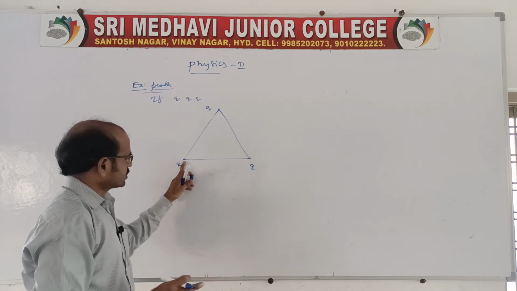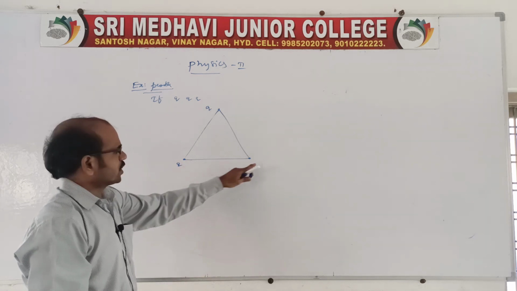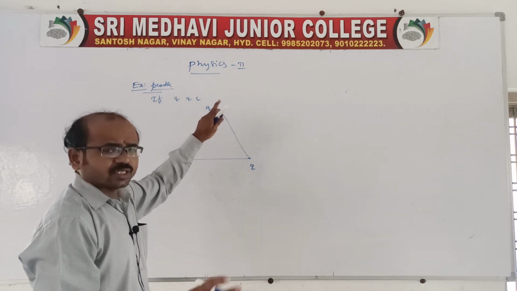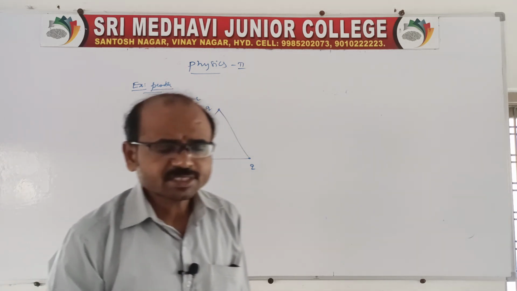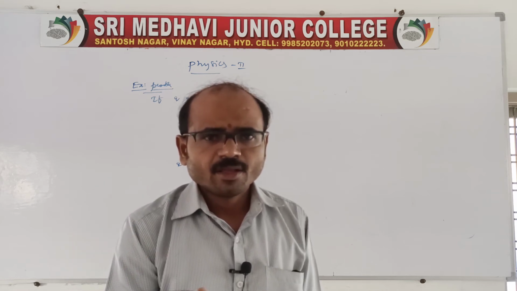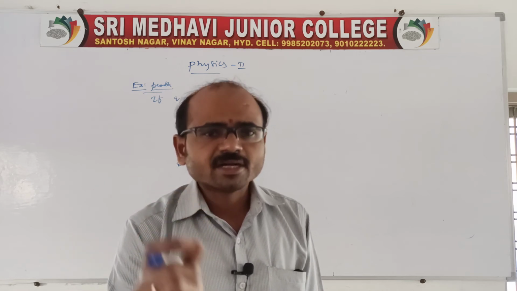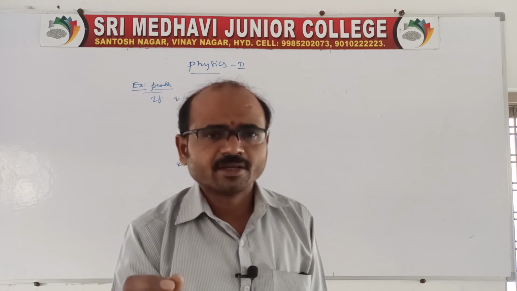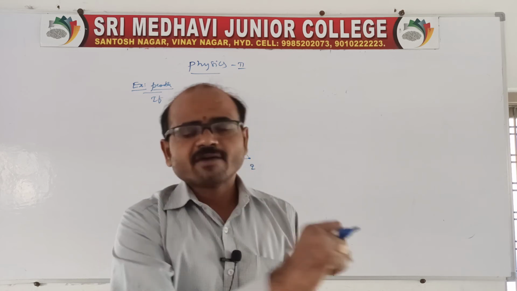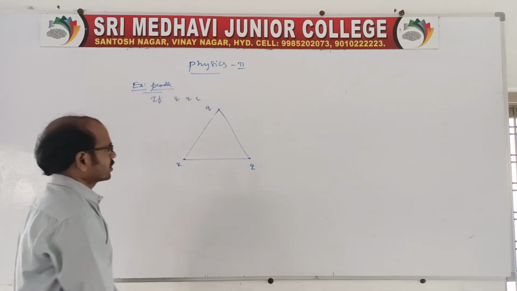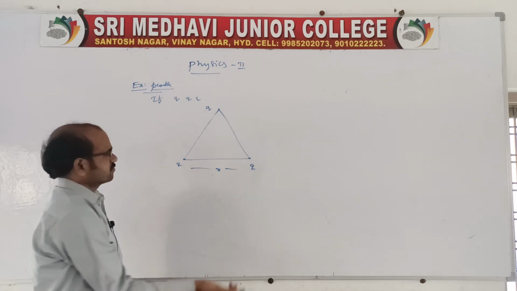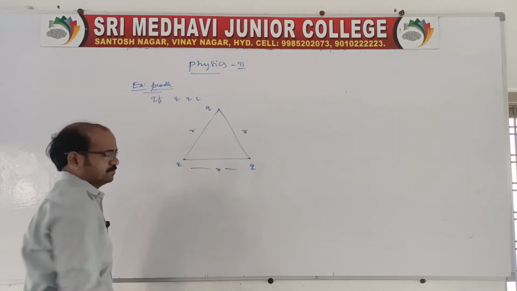You want to go for this corner? Yes, you can. Here also you can take. So you take any one corner. That's what the question is. If three identical charges are placed at the corners of an equilateral triangle, then find the resultant force at any one of the corners. Suppose the side of the equilateral triangle is some distance r, or else you say a, nothing will happen. So you take it like this.